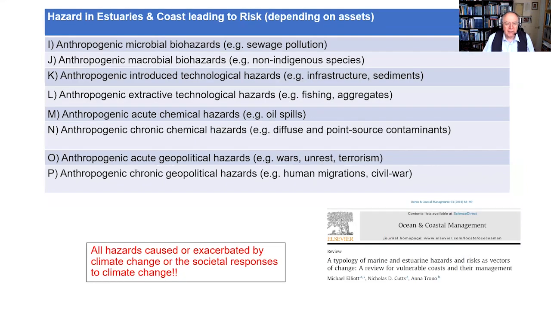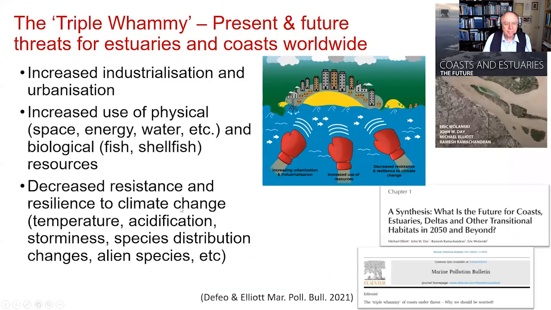And then there's that finishing the list, and you see here a whole set of anthropogenic hazards, like microbes or non-indigenous species or putting infrastructure in. So they're human caused, and then they're a hazard, and then they become a risk because they affect something that we value, and you'll recognize these. We published this a couple of times, and the last time we expanded it was to include geopolitical hazards. And I'm just starting some work looking at the Black Sea and the effect of the Russia-Ukraine war on the Black Sea there.